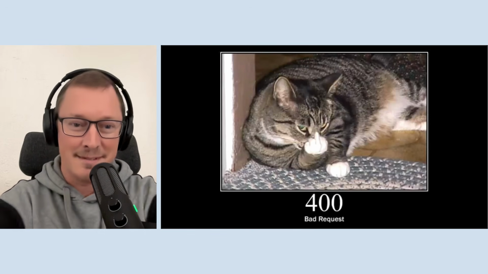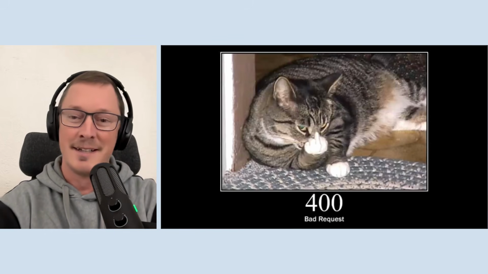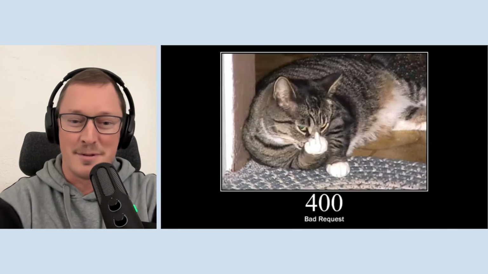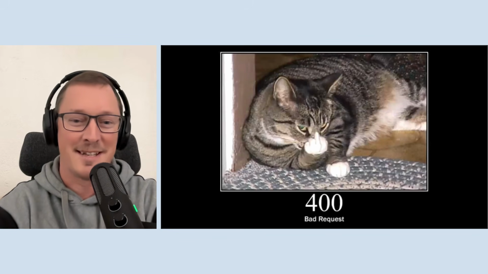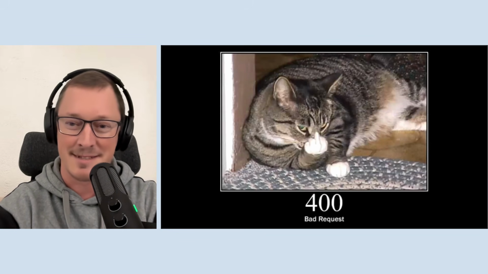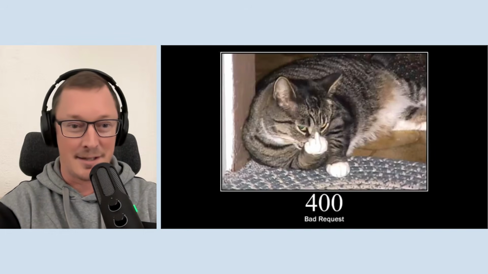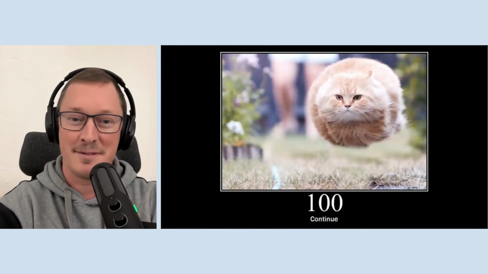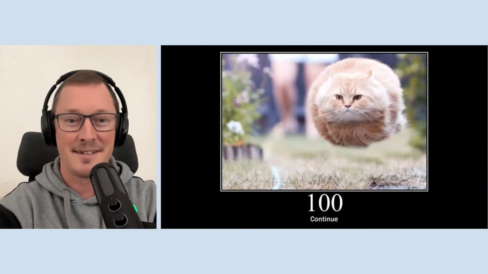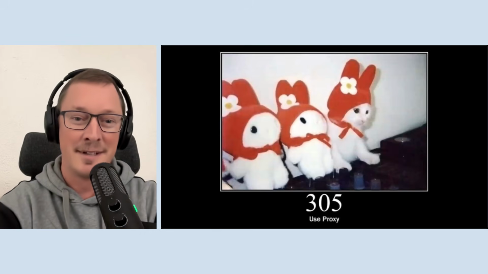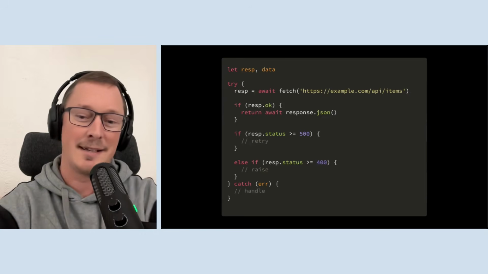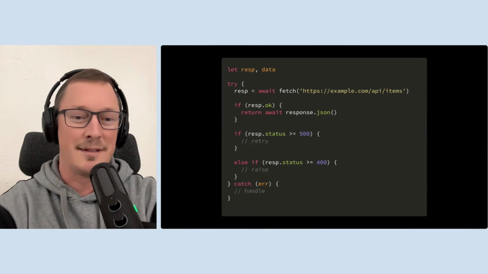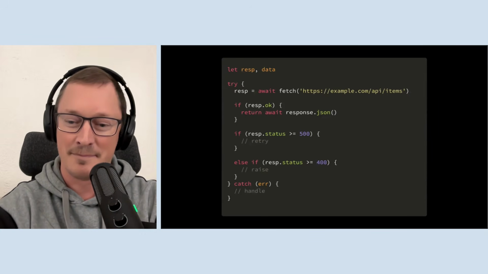So that's like handling the status codes. And if you look at the numbers, like 400, as developers they're kind of hardwired into our brains, like we know these numbers by heart. There are maybe some fun ones that we might be less familiar with, like 100 continue or use proxy. But basically, we've all written this code here.